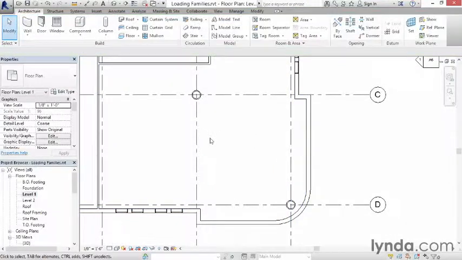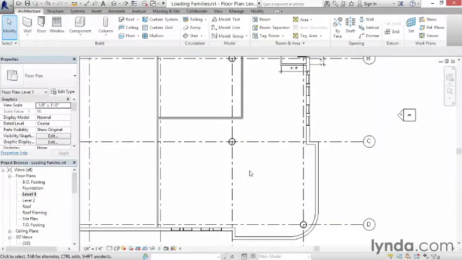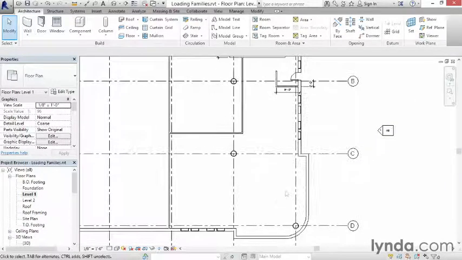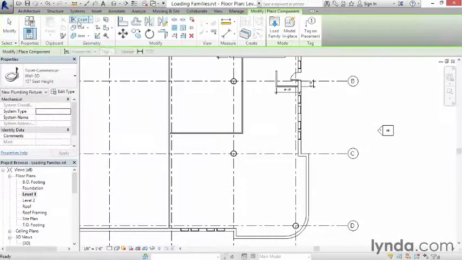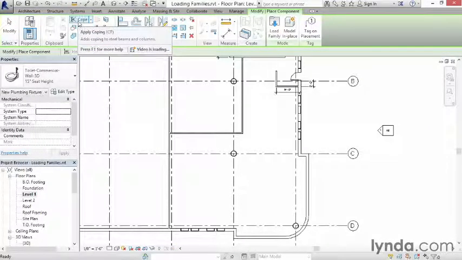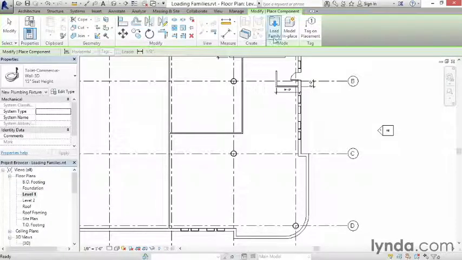Now, that same basic process could work for any kind of family. Let's say that we wanted to start putting some tables here in our restaurant space. Well, we can load a furniture family. Now, there isn't a furniture button here. We would go to the Component button, and just like we just did for column, we would come over here to Load Family,